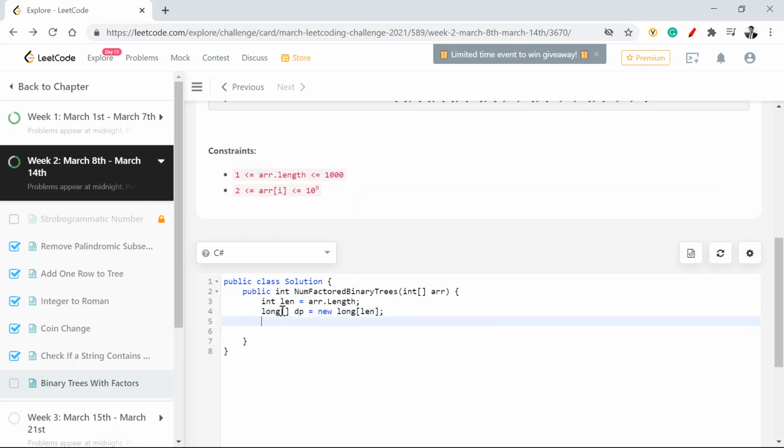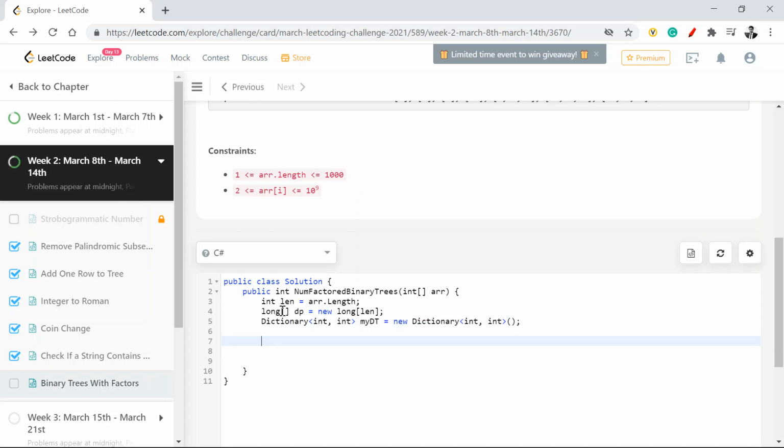Now I'm going to create a dictionary. I need to always fetch whether a given remaining value is present or not, so I'll create a dictionary for that, so that it's easier to pick the values. That will be int comma int. My dt is equal to new Dictionary<int, int>.